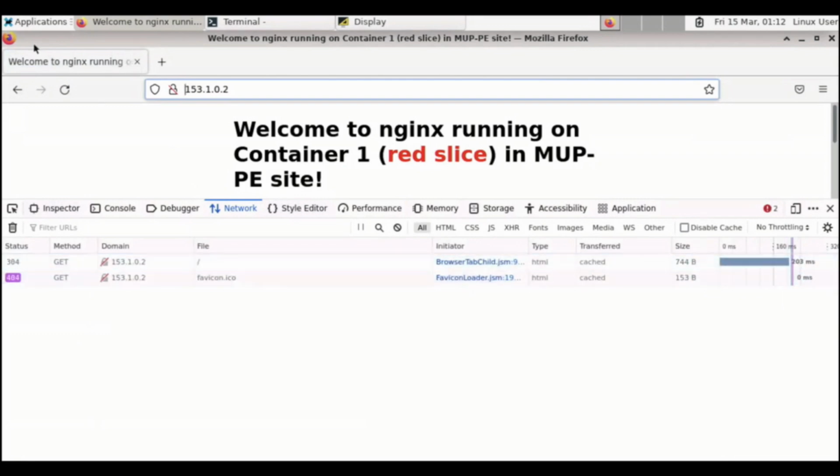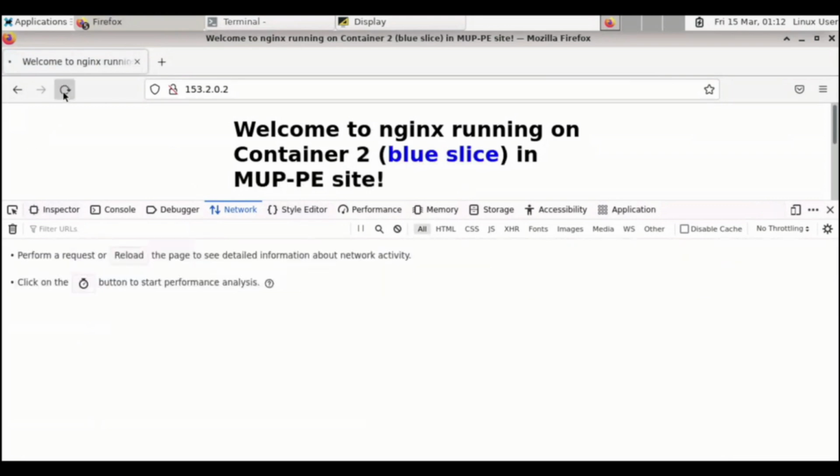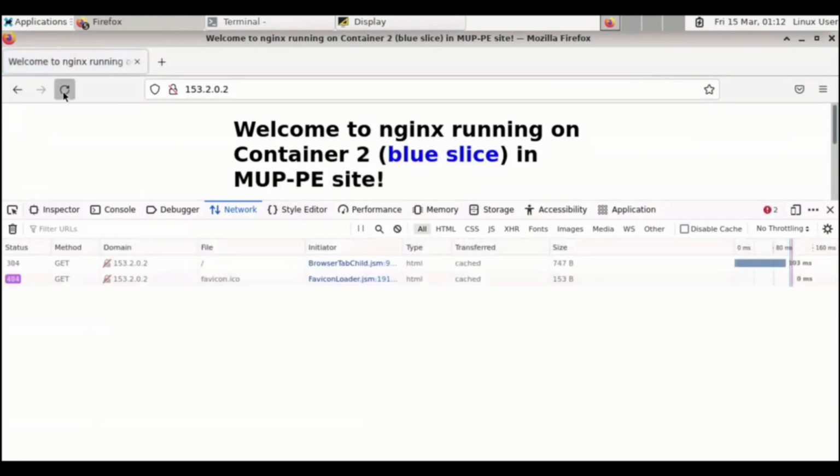Let's move over to the blue user endpoint, loading a page from the blue workload. You will see that the average load time is about 100 milliseconds. What's really happening here is that the BlueField 3 that was functioning as the MUP gateway is steering traffic for the two tenants down two different paths through the SRv6 core,